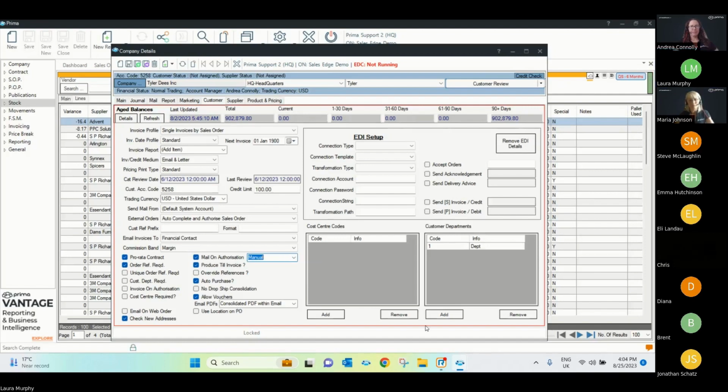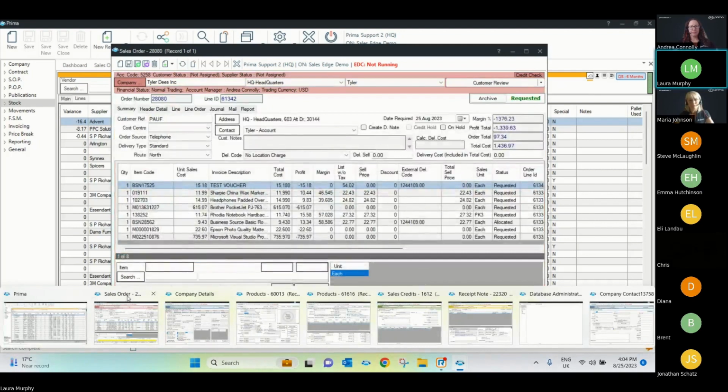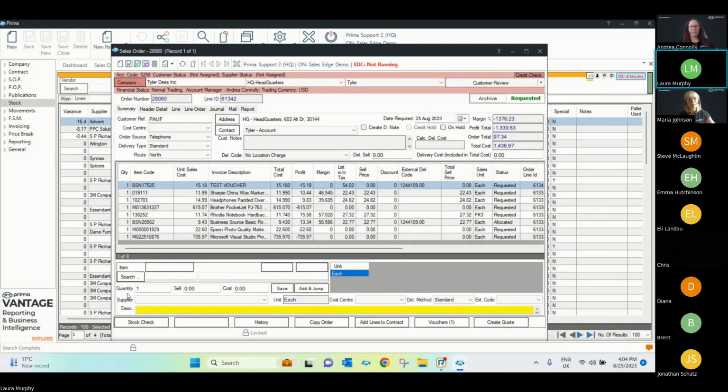Now, speaking of sales orders, if I hop into a sales order, we've added quite a few new features in here as well. Firstly, we've added 3 new fields in the contact within the sales order. You've probably had plenty of occasions when you're in a sales order or an invoice and you aren't too sure if the contact has a credit card saved or if they're web enabled. So Prima has created this new feature. When you're in a sales order, you simply hover over the contact and you're able to see if they're web enabled or whether they have a credit card stored or